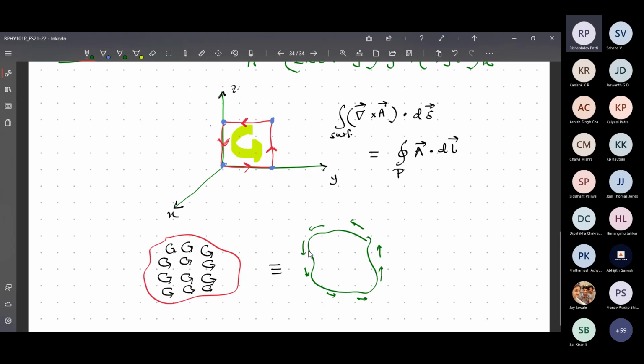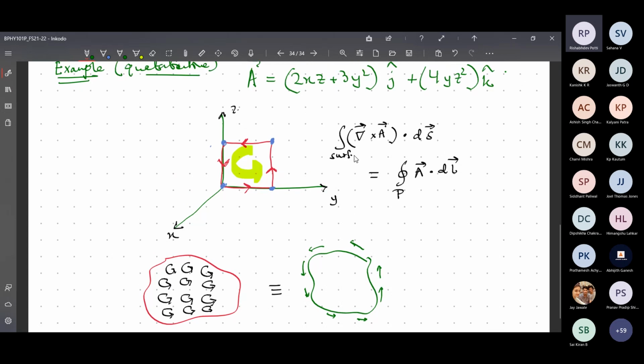So independently, I will not calculate how many whirlpools there are. Rather, I will calculate the fluid flow. This vector field A in this example means the velocity of the fluid. Are you getting the point? Sir, so here we're combining whirlpools into an equivalent whirlpool which encloses all the whirlpools with the same curls. If you see, this is also a flux, isn't it? This is also a vector field, some vector field dot ds.